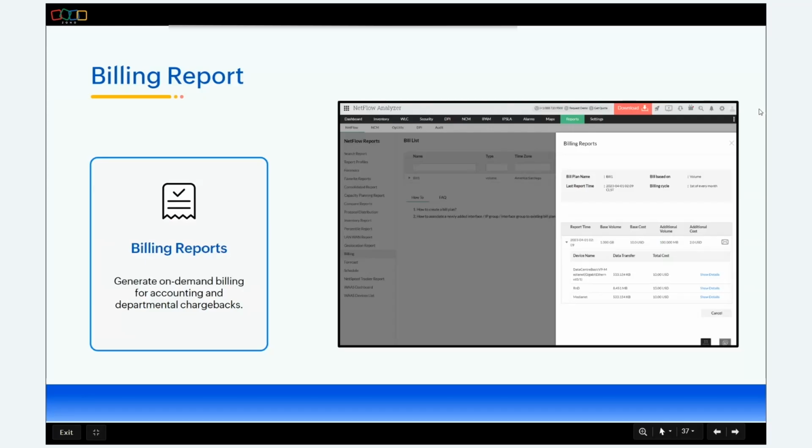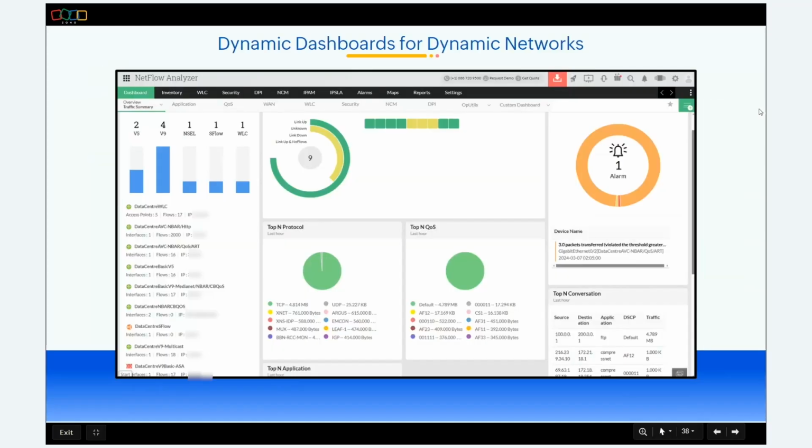Moving on. Dynamic dashboards for dynamic networks. NetFlow Analyzer offers dashboard as a pictorial overview of all network components in the network. With this dashboard view and the various reports, you'll be able to tackle what most organizations go through, the congestion. In some scenarios, when network congestion is existing for a prolonged time, your business might get affected, which you can